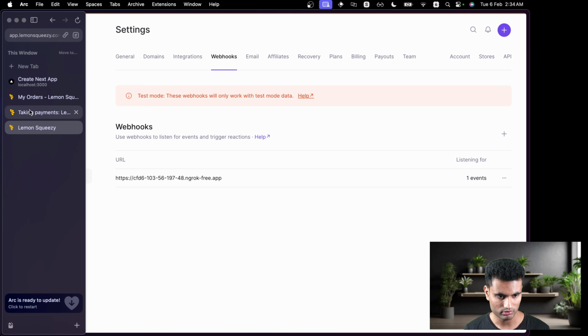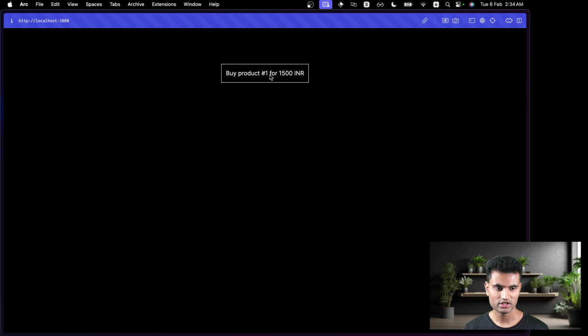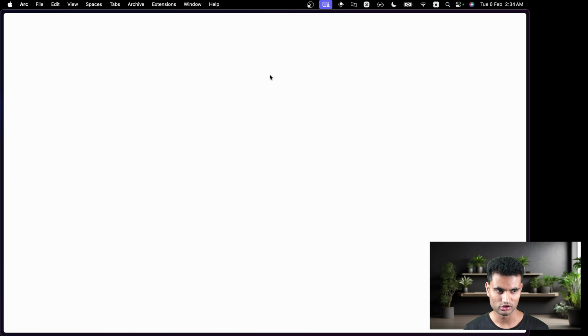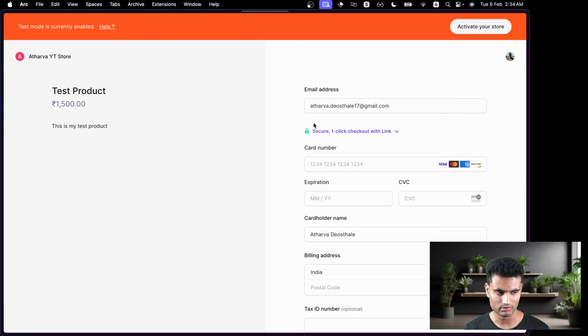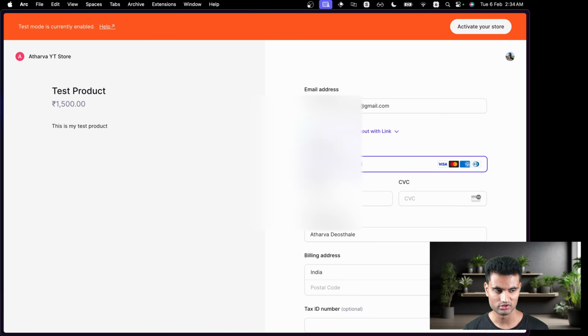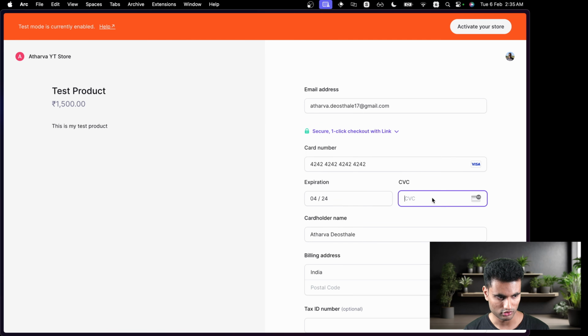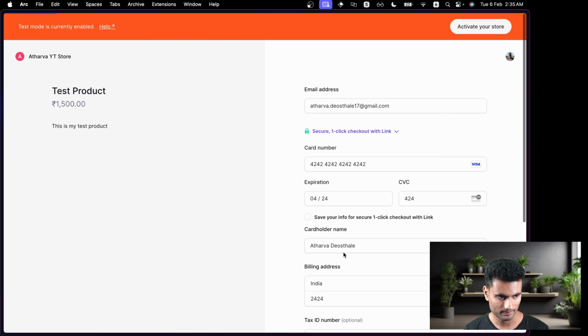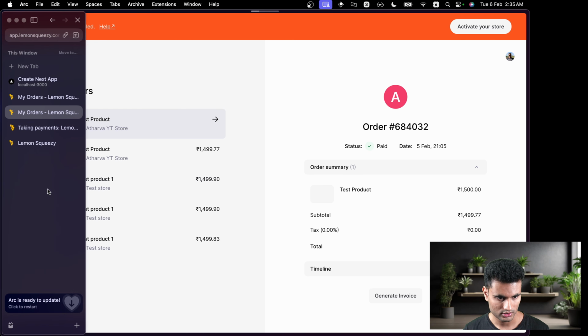Now let's try to make the payment again. Don't worry, whenever you want to try it out, you don't need to make the payments a lot of times just to debug the webhook. You can always resend the webhook event from LemonSqueezy. So I'll show you what I mean. Let's try to make this payment once, and we do not need to make it again and again. Does this work? Yeah. Perfect. Now we can go back to our dashboard